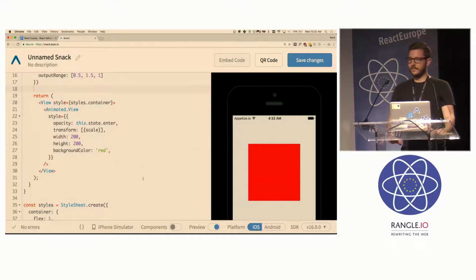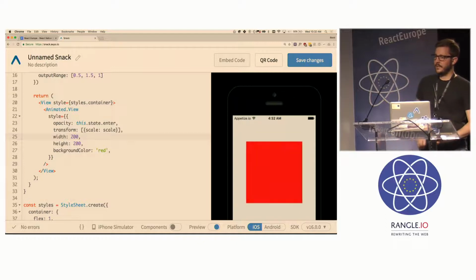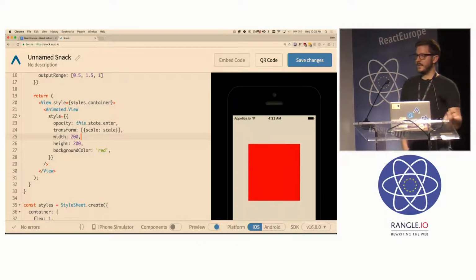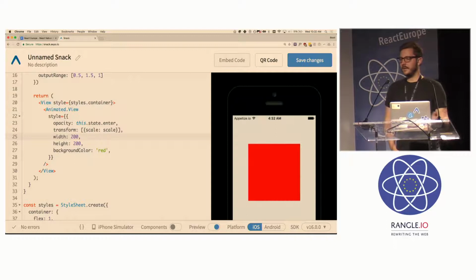So for transform, the order that you apply transforms in matters. And to apply transforms, I could also write this in this way. You give an array, because you can also apply transforms many times. You could do scale and then rotate and then scale and whatever else you want to do. And so you pass in an array, and then in the array you have objects where the key of the object is a